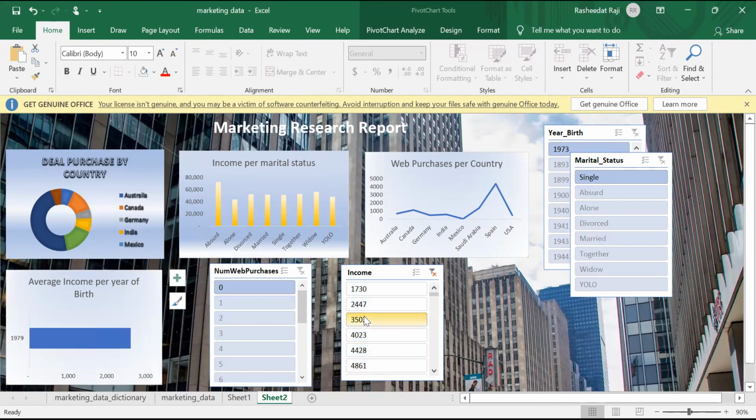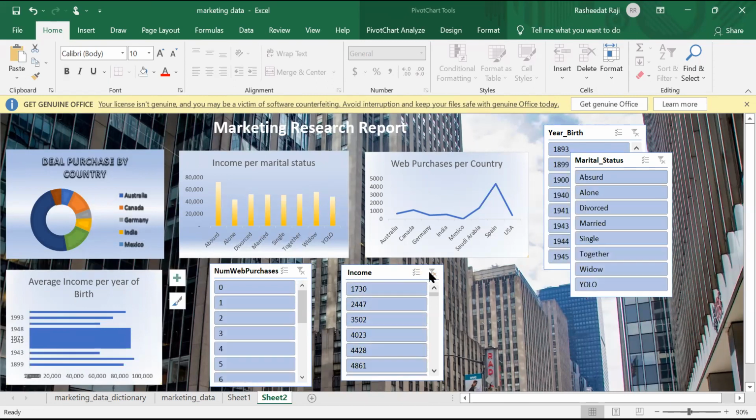These web purchases, why did you use a line chart? I just wanted to use a different visual. It's not that you just want to. If you don't want to use the bar chart or the column chart, there are other alternatives, for example the funnel chart or the tree map. But this line chart is a no-no.